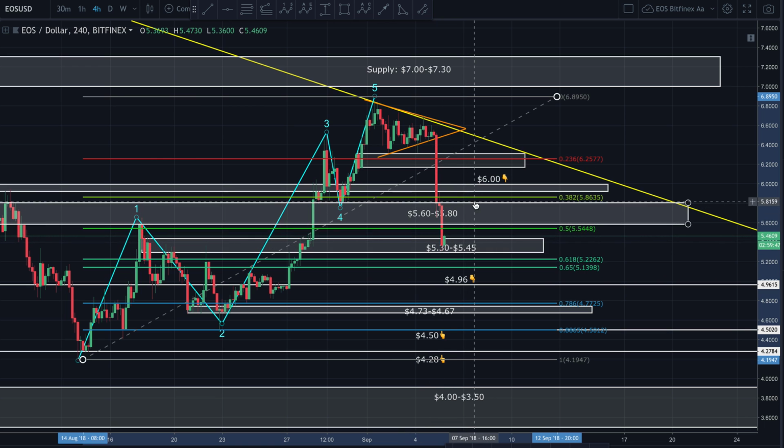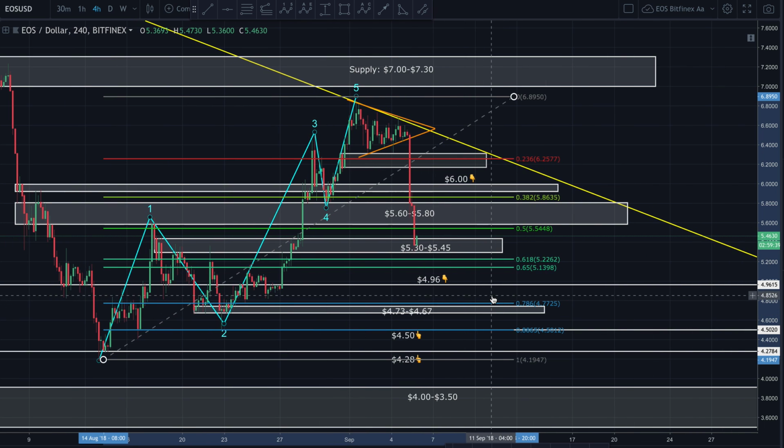so I wouldn't be surprised at all if we came up and right back down to complete that and hit this support zone down here. That's a real possibility, guys. Not saying that's going to happen. I'm just saying that's on the table, and it's a real possibility,